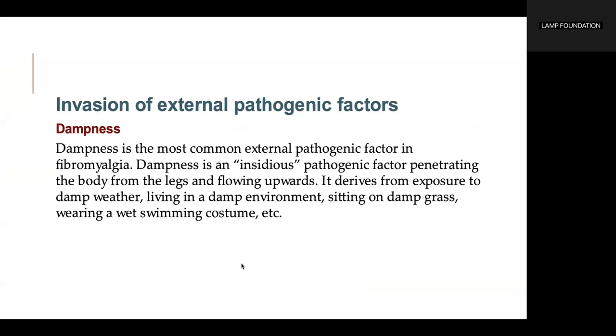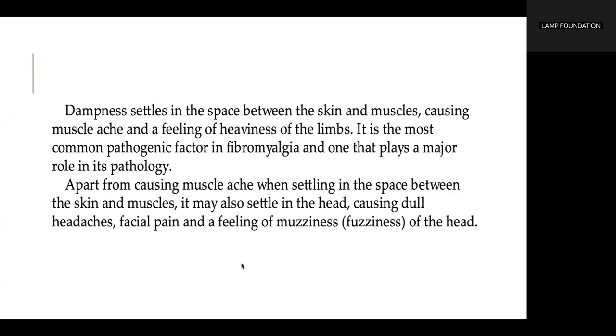Dampness is the most common external pathogenic factor in fibromyalgia. Dampness is an insidious pathogenic factor penetrating the body from the legs and flowing upwards. It derives from exposure to damp weather, living in a damp environment, sitting on damp grass, wearing a wet swimming costume, etc. Dampness settles into the space between the skin and muscles, causing muscle ache and a feeling of heaviness of